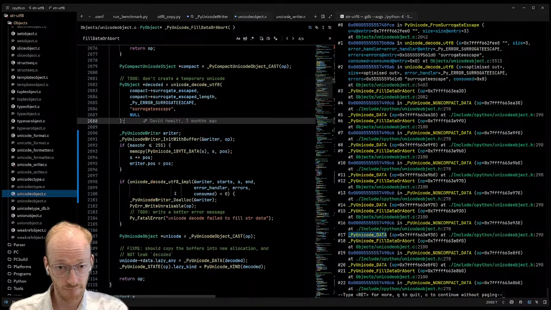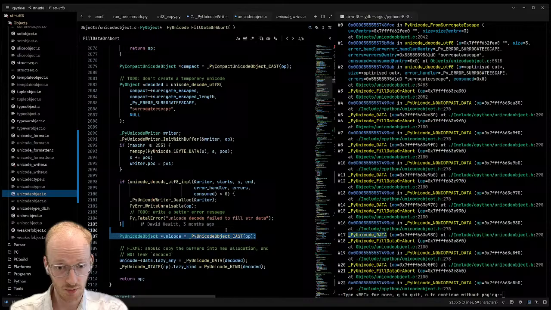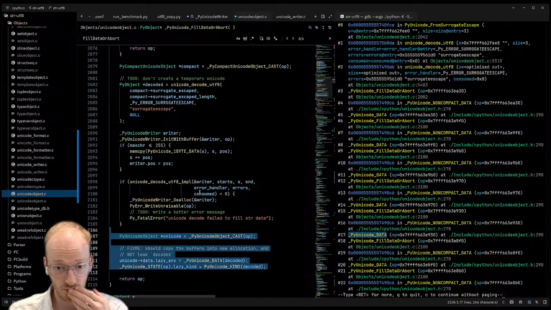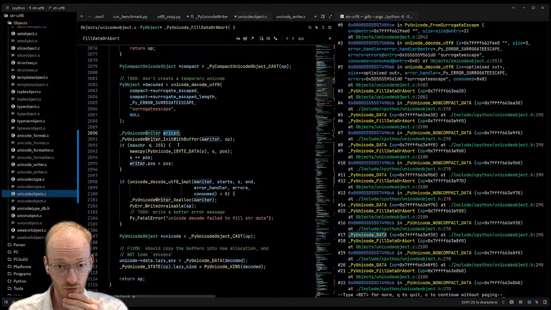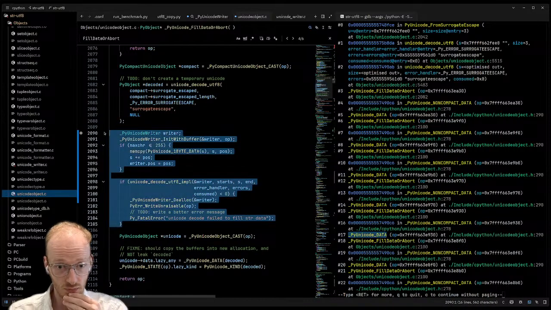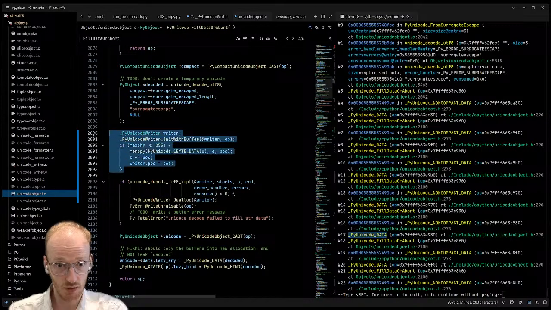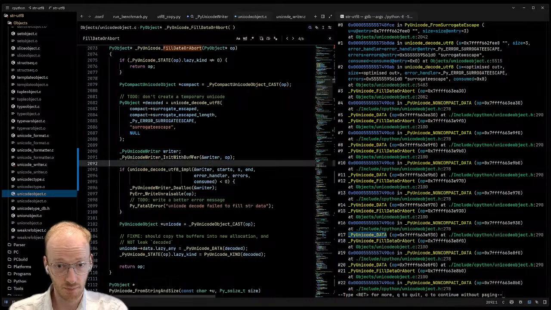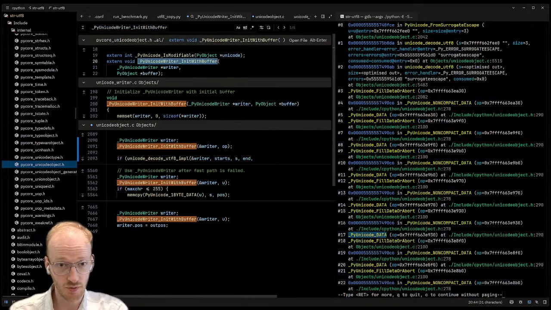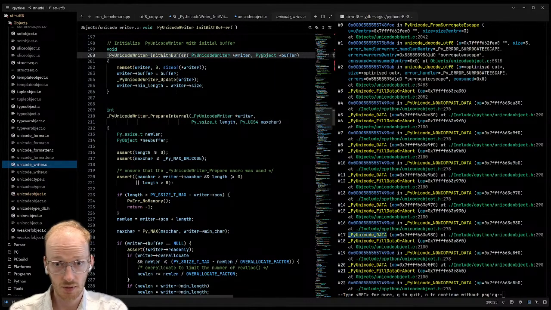We've now done the decode. Yeah, remove the writer. There, just that block. No, no, no. The first one of those two. That one. Oh, we don't want to do a memcpy. Yeah. What does this init with buffer do? And that's where you give it a buffer. That looks okay. Yeah, we probably need to.